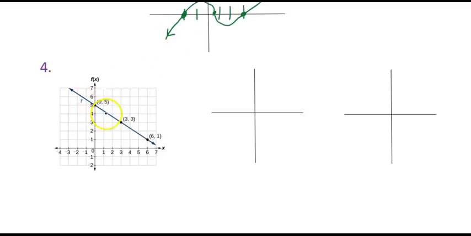Since the slope is negative, you expect your derivative graph to be completely negative, so completely below the x-axis. And you can actually figure out that that is negative 2/3 by calculating the slope. And so I'm just going to put a point and say that's negative 2/3. And so your derivative graph would be a horizontal line at negative 2/3,